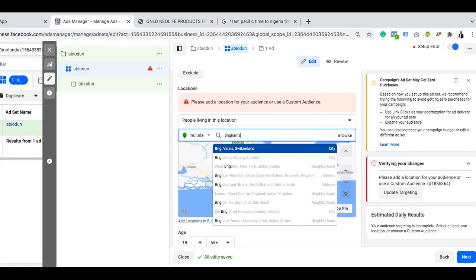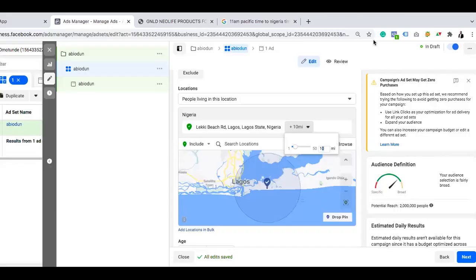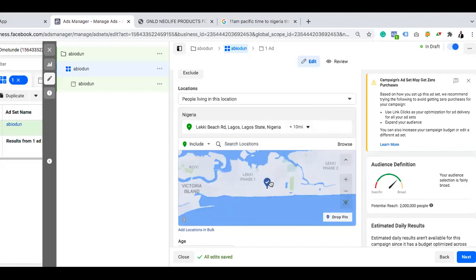I'm coming. I saw something. So while I'm searching for this, I've chosen Lekki Beach Road and it has covered a lot of places. But a lot of people, let me say that again, a lot of people in